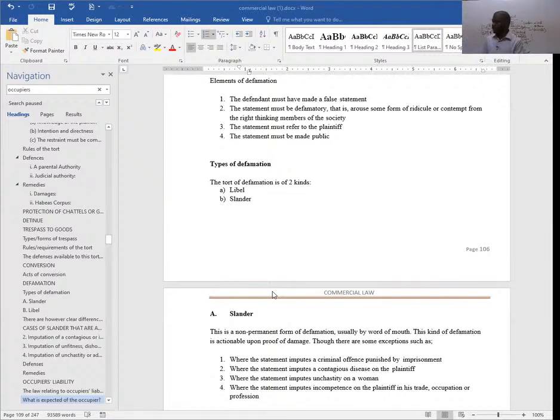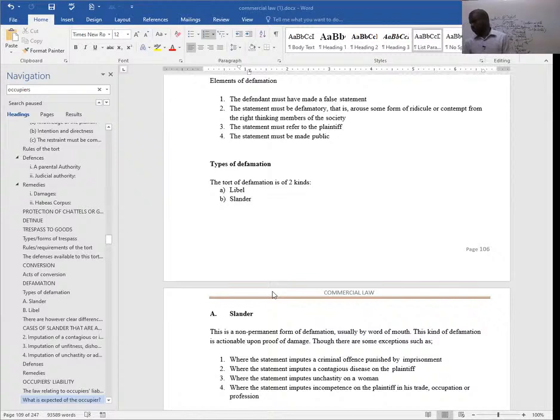So if someone imputes criminal activities, there is no need to prove damages have occurred. What we mean by damages is that out of that statement that was made, a loss actually occurred, or maybe your name in the society, your character, was looked at by people in the society as not being correct. So you don't have to wait for such to happen. So long as someone has imputed criminal activities on you without any form of proof, it simply means that you can go to the court.